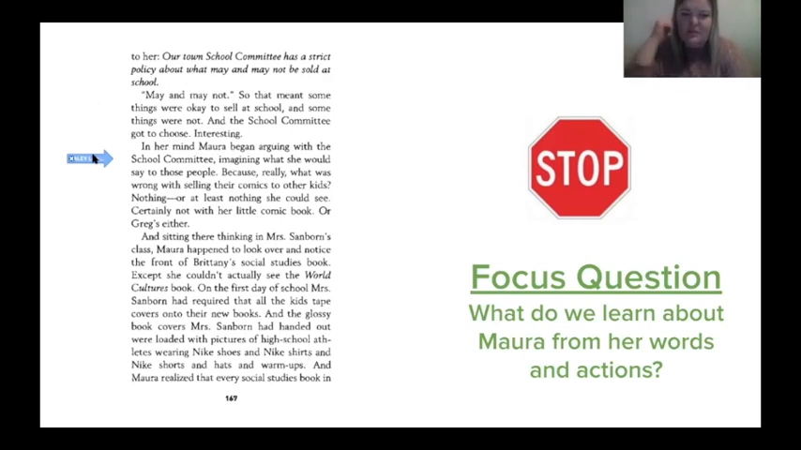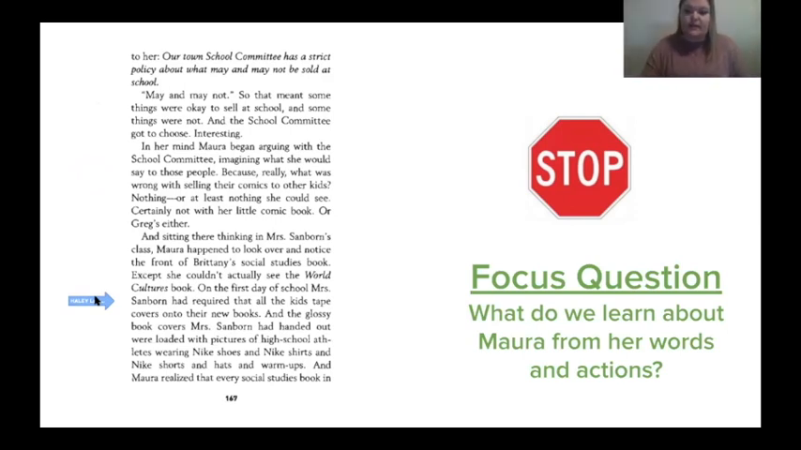And sitting there thinking in Miss Sanborn's class, Mara happened to look over and notice the front of Brittany's social studies book, except she couldn't really see the world cultures book. On the first day of school, Mrs. Sanborn had required that all the kids take covers onto their new books. And the glossy book covers Mrs. Sanborn had handed out were loaded with pictures of high school athletes wearing Nike shoes and Nike shirts and Nike shorts and hats and warm-ups. And Mara realized that every social studies book